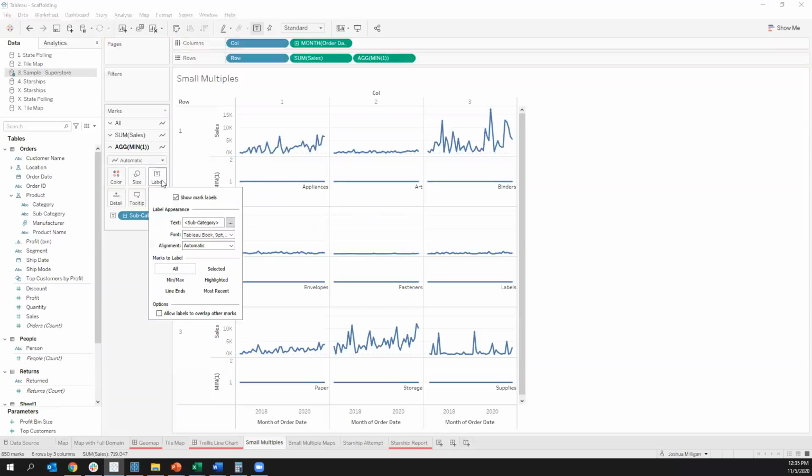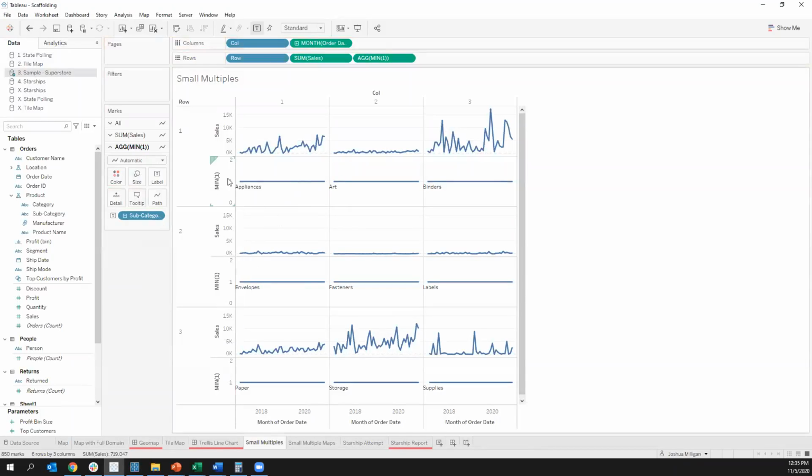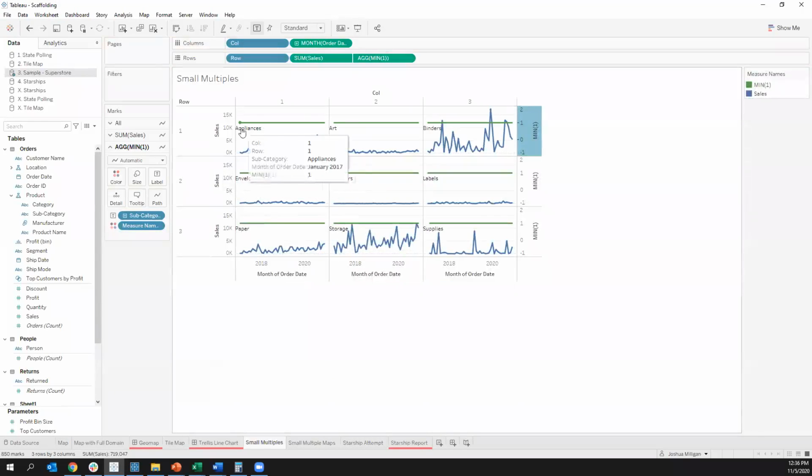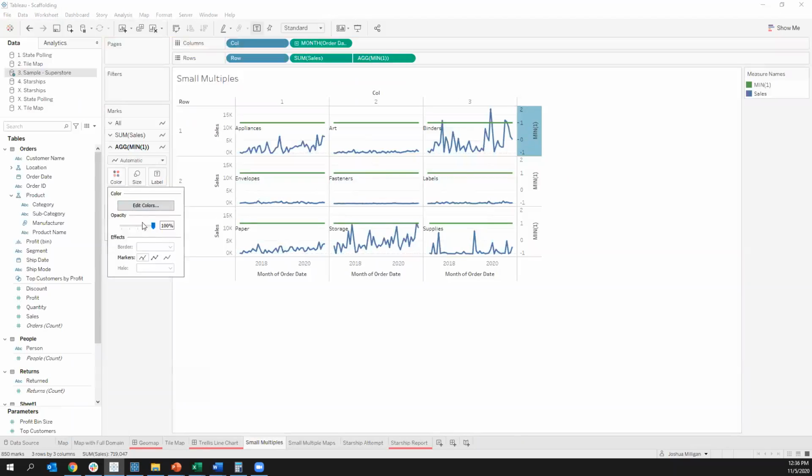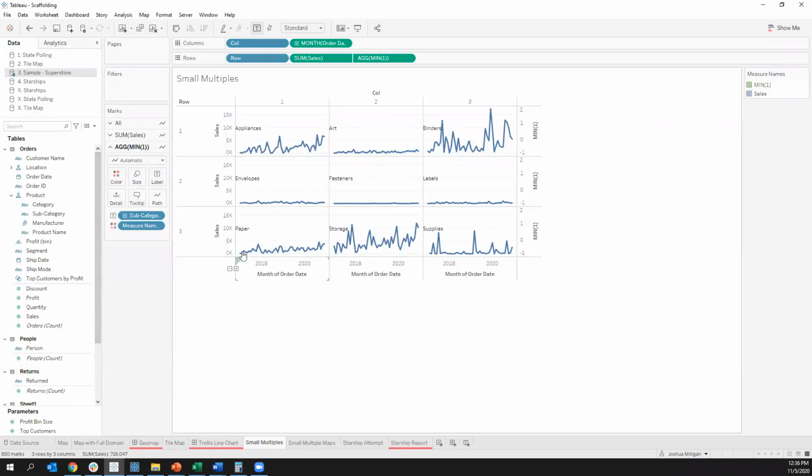And then I might edit that label to say only show it at the beginning of each line. Let's make it consistent. Let's always allow it to overlap. And then I'll make this a dual axis. So right click that one, make that a dual axis, and notice that I'm always going to get the label, but I also get this line. Who wants to see that line? Well, I don't necessarily, so I could just take that and make it completely transparent, and now I've got my